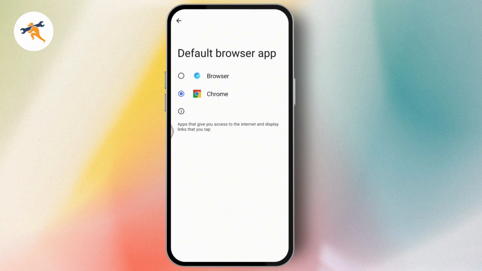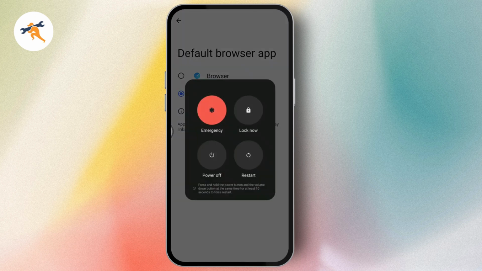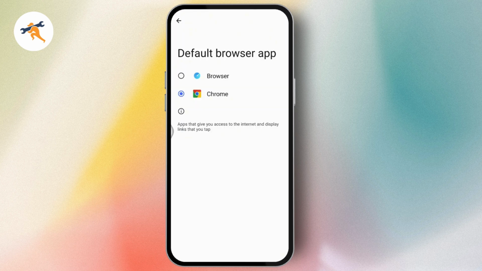And here you need to make sure that you've selected Google Chrome as the default browser app and not the other applications. Once you've done that, you just need to simply press and hold on to that power button, restart, and after restarting, you'll fix the error